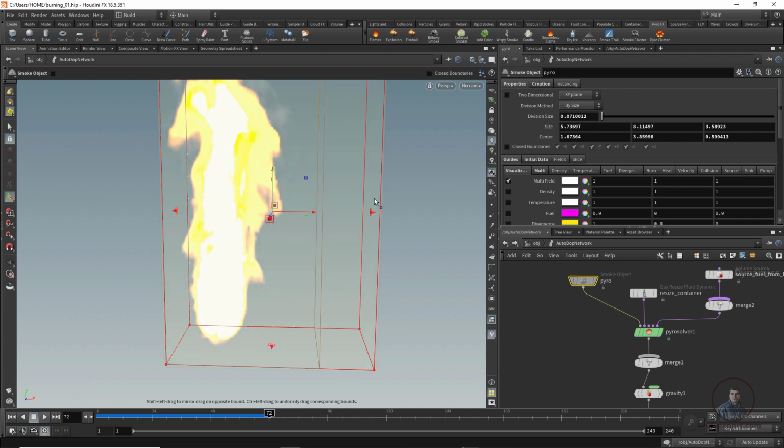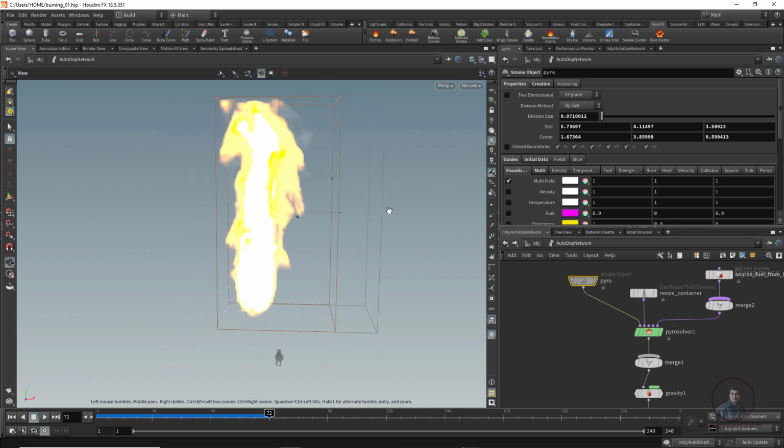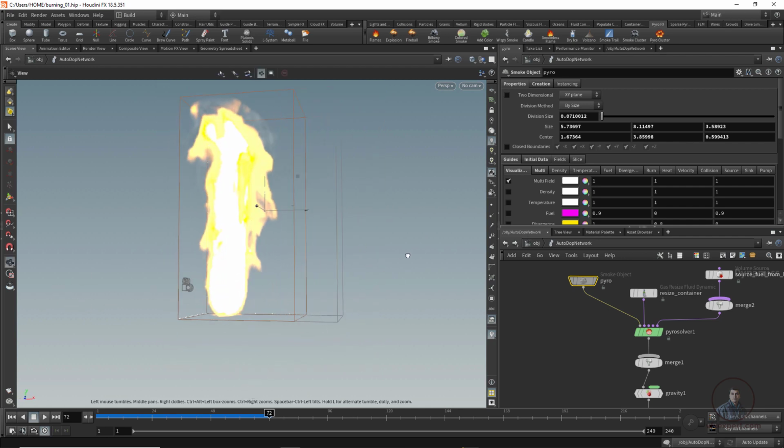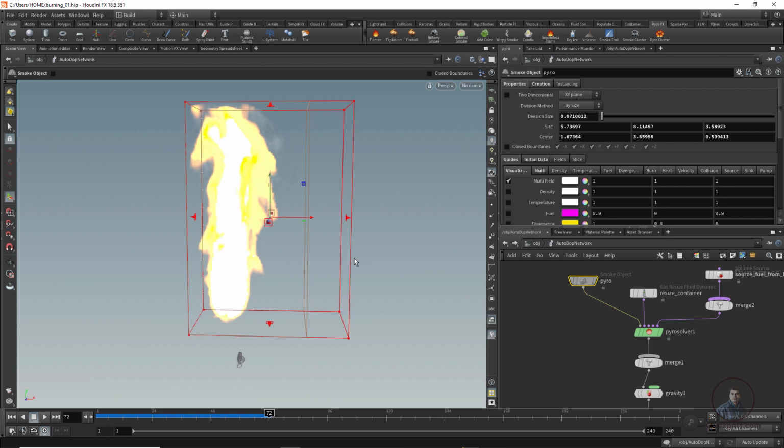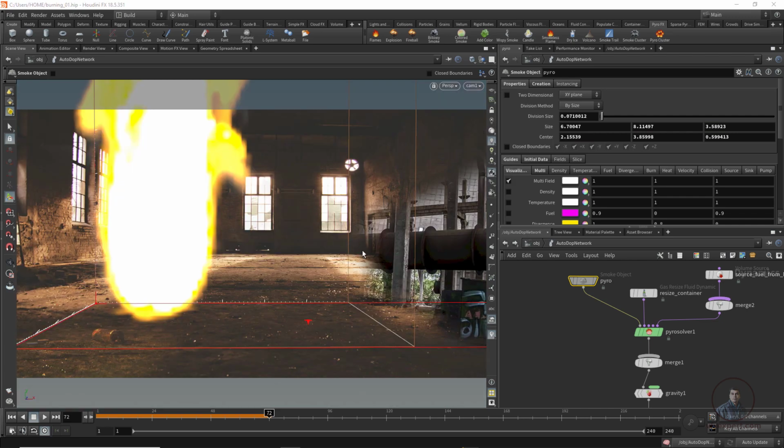This is your main bounding box related to your FX boundary. I think this is looking good, though I'm going to adjust this one a little bit. Now come into our camera view again. According to this camera view we have to adjust it. Maybe lock this camera and zoom out a little.